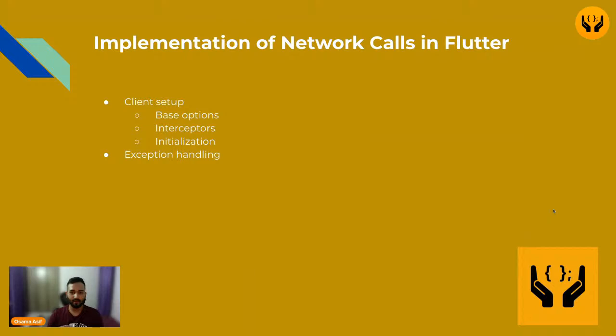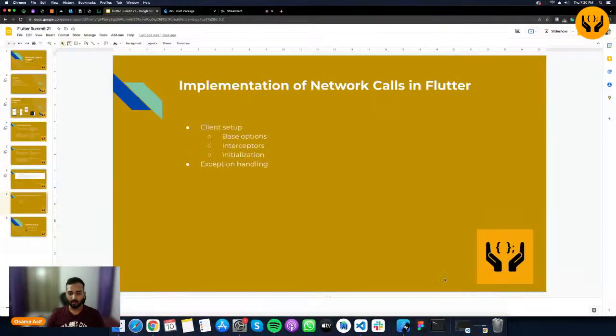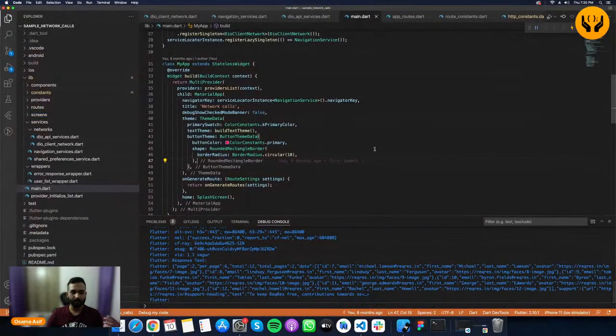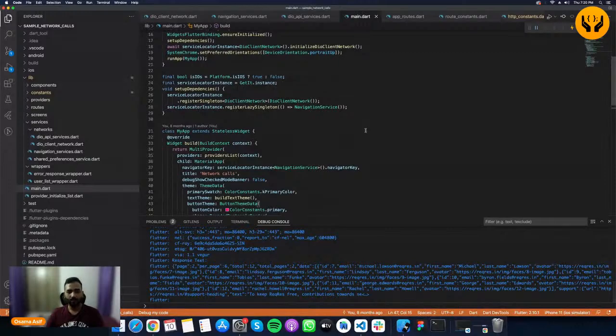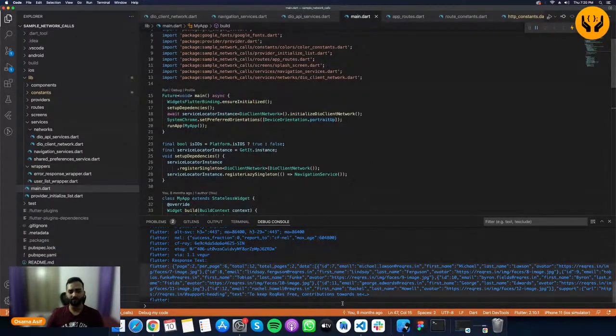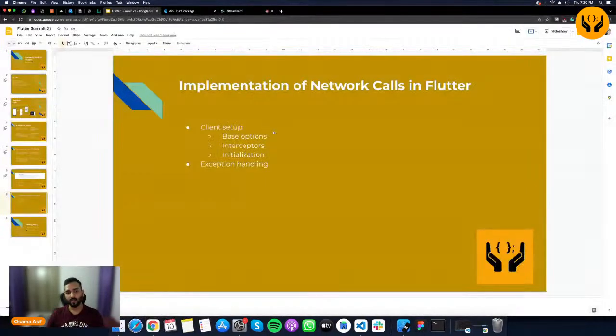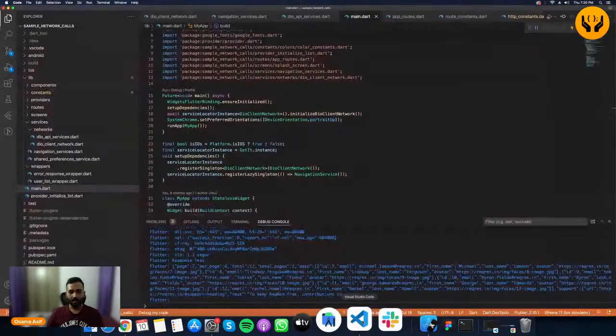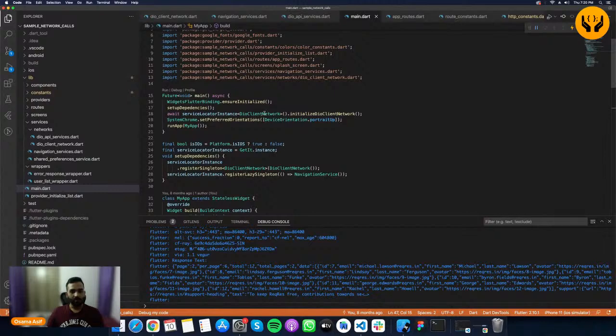Okay, so without wasting any more time, we can go into the application and see how we can use those things. Now come on to the code. Okay, so let's start with the Dio client. We will see how to set up the client: base options, interceptors, and how to initialize it, like initialization and exception handling, in this part. So the Dio client networks,